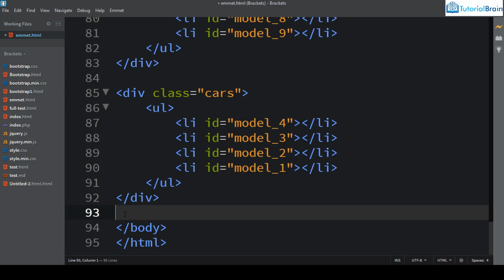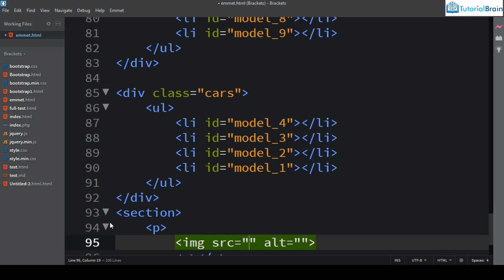So what I meant is, for example, say you have a section. Now if I just have section, and say you want to create 2 paragraphs inside this section. So suppose I just give here P, and inside that, suppose I want to create a paragraph with image tag, right? So if I just give img plus P, and then give tab, you notice what is